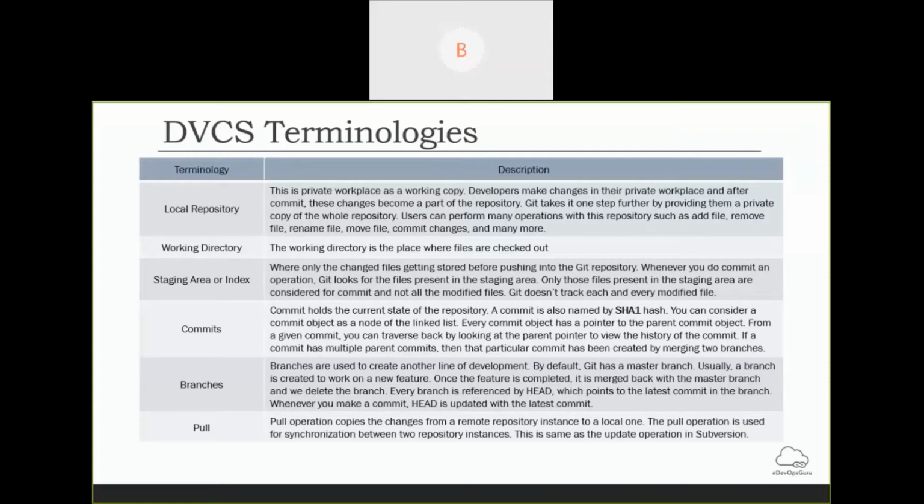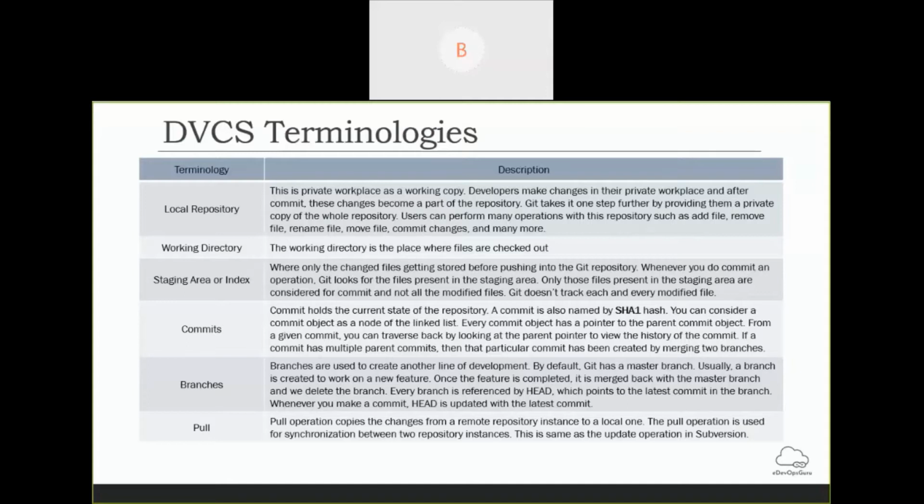So this is your local repository. Working directory: when you take the local repository as the replica of remote, you can check out to your directory and make the changes. That is called the working directory, in which you check out all the files.